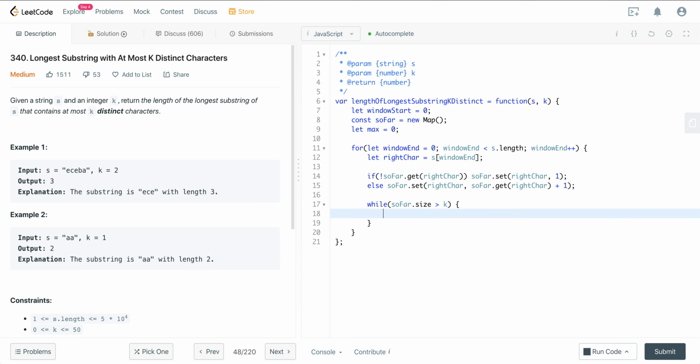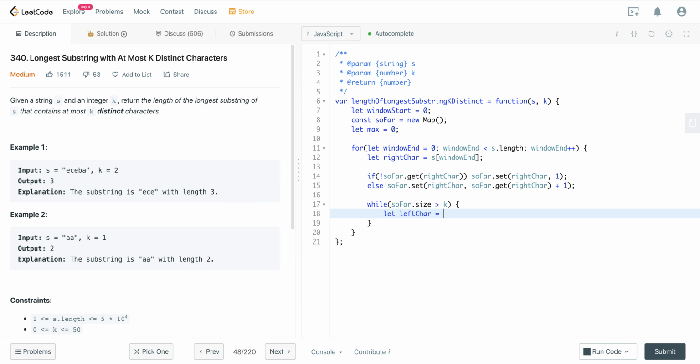So if the size is greater than k, the size is going to be the length of how many keys we have in our so far. If that is greater than k, then that means we have to move the window start to the right by one. So let's go ahead and get our left character,